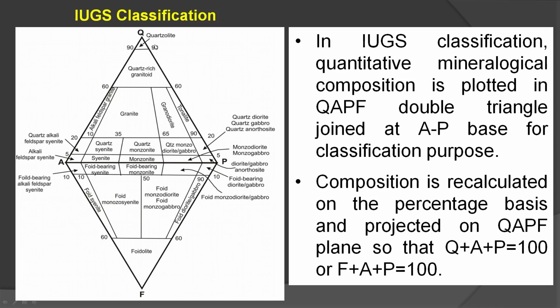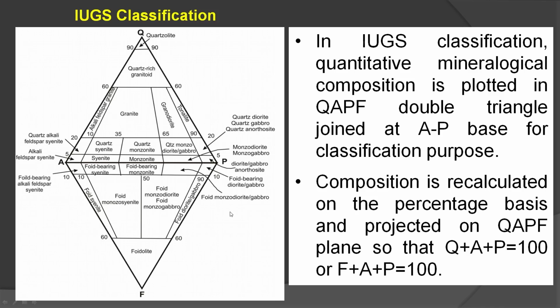Here you can see that if you have a very high proportion of quartz, you have quartzolite. Likewise, if you have a very high proportion of plagioclase feldspar, you will form rocks such as diorite, gabbro, and anorthosite. Likewise, if you have more alkali feldspar, you will have alkali feldspar syenite. So these lines dividing these fields basically show the field in which alkali feldspar syenites will form. So this is the field for quartz syenite. Likewise, we have the field for the granite and the granodiorite as well.